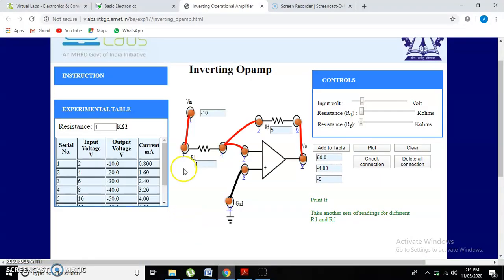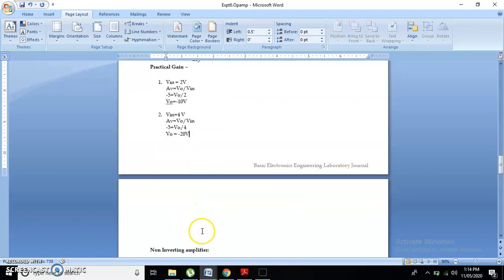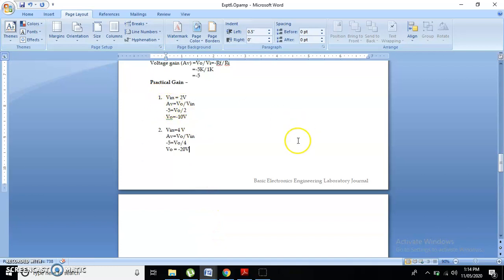Okay. This way you will perform this experiment, and the same you will tabulate here in the Word file. This you will write for all the observations which you have noted. For all the observations, the set input value, you have to write the output voltage values according to our gain conditions. So this is how the experiment is